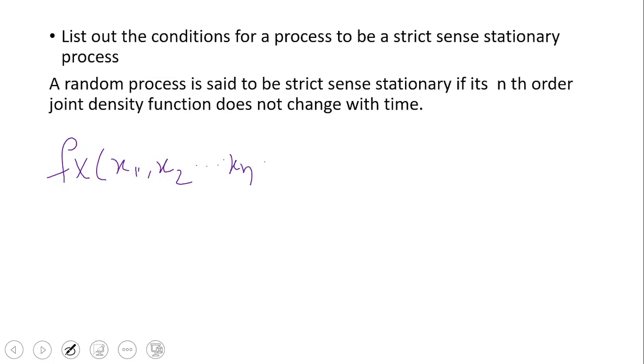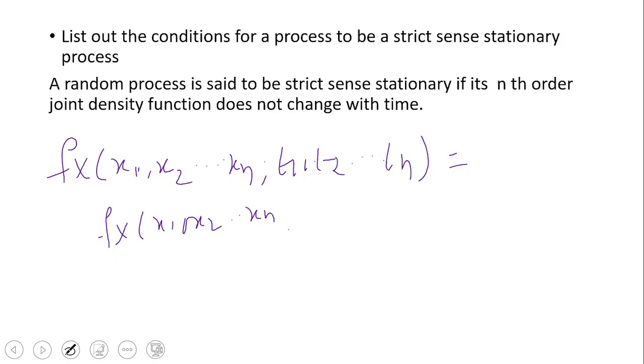We'll write fX of x1, x2 and so on up to xn; t1, t2 and so on up to tn is equal to fX of x1, x2 and so on xn; t1 plus delta t, t2 plus delta t and so on tn plus delta t. That is, the nth order density function does not change with time. Then we can say it is strict sense stationary